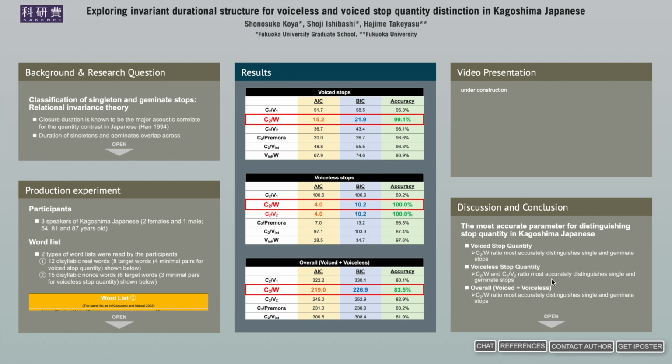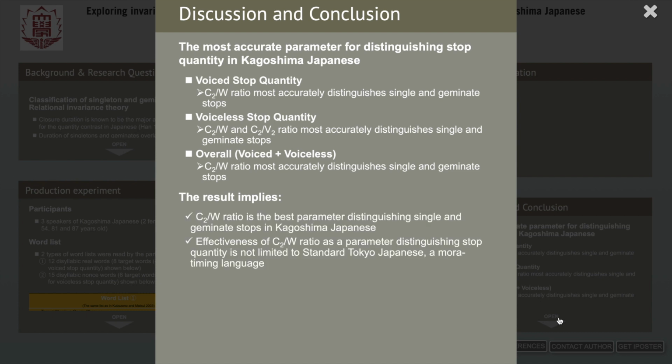Then finally, we can conclude our study. So let's move on to the discussion and conclusion part. As we mentioned in the introduction, CW ratio has been reported to be the best parameter for distinguishing single and geminate consonants in Tokyo Japanese. The result of this study indicates that CW ratio most accurately distinguishes the quantity contrast